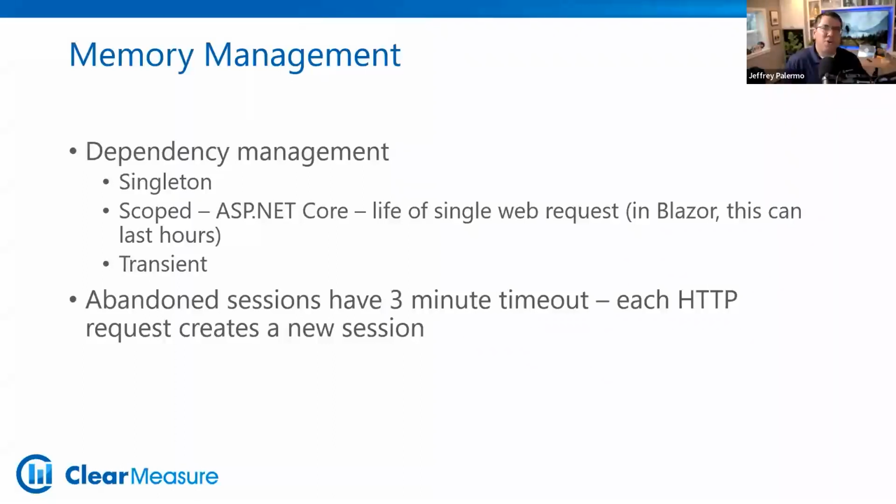Well, now it's called scoped. Microsoft gets to build it in and rename things. That's fine. So scoped means for the life of a web request. Now, let's talk about the life of a web request. In Blazor, the Blazor JavaScript file is served up to the browser. The browser then turns right around and opens a WebSocket connection back to the server, and then sits there and waits with an open WebSocket connection to the server, and the original